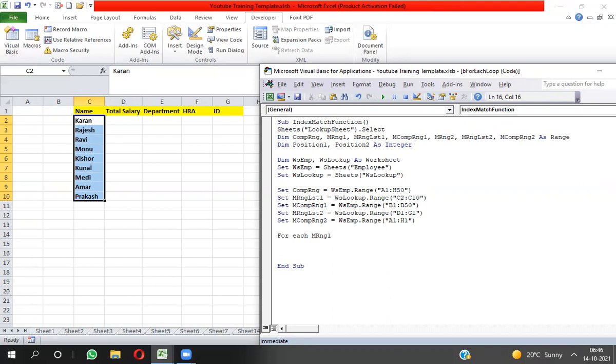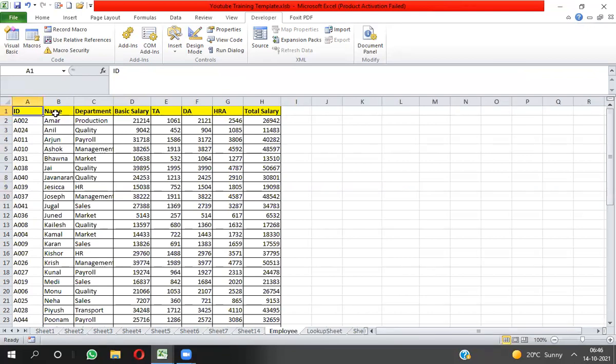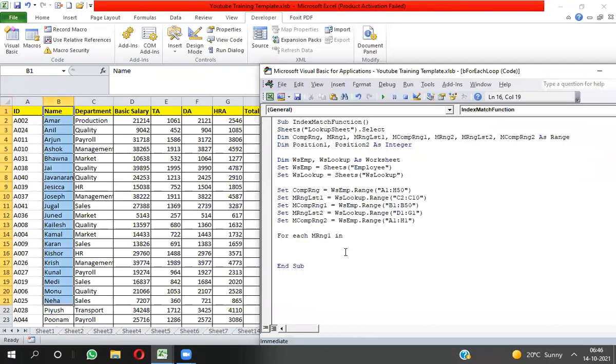And in range, from which range do I have to take the position of this? From B1 to B50 from this sheet. So I have to use this B1 to B50 variable, mCompRng1.